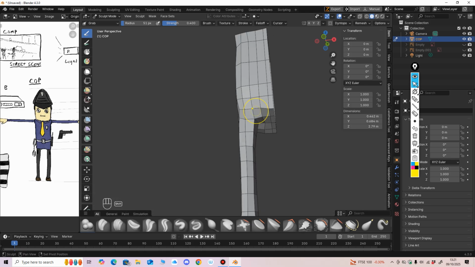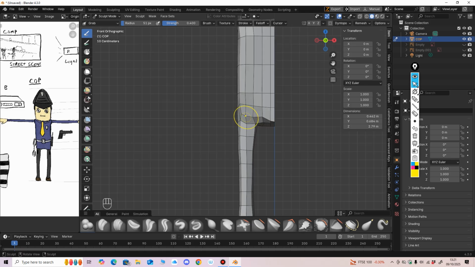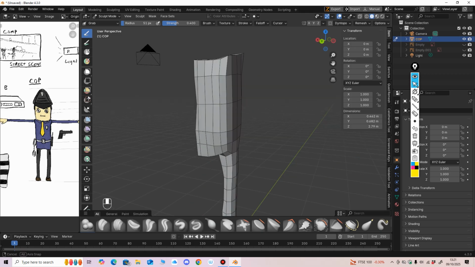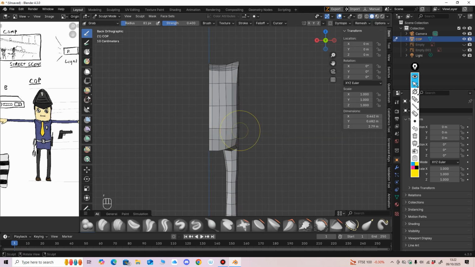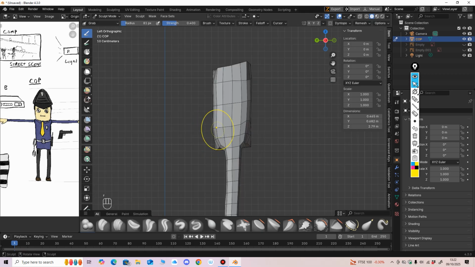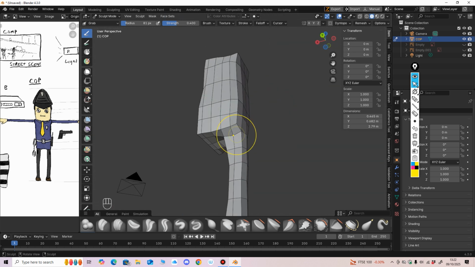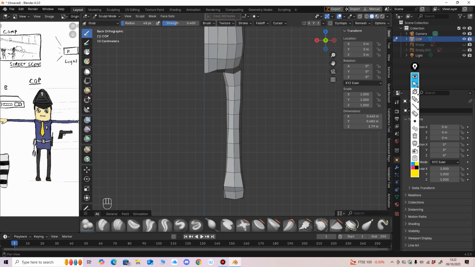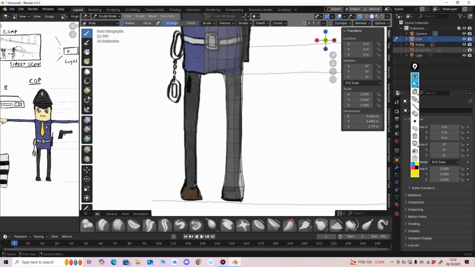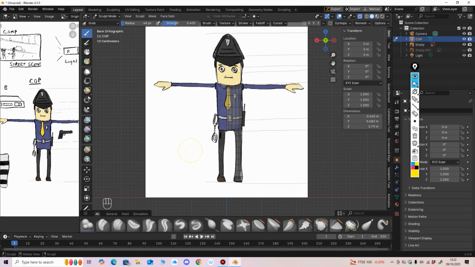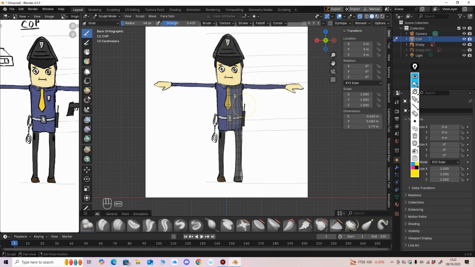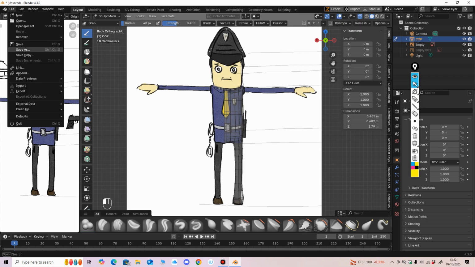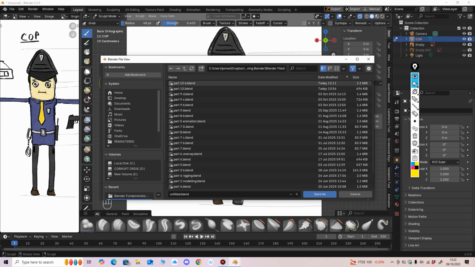Right, so you're just tapping smooth now, just to break up that hard edge. Let's bring that out a little bit. Just tap smooth there. It's going to see through mode, our reference plane. So I'm not a massive fan of reference planes, but I'm just showing you this to show how it works. Save as